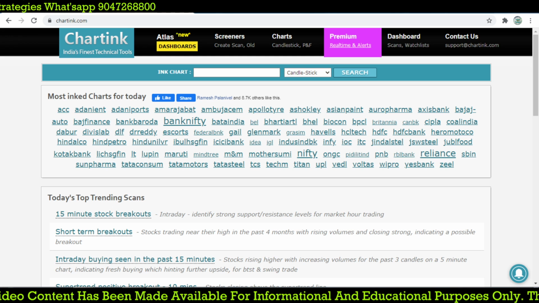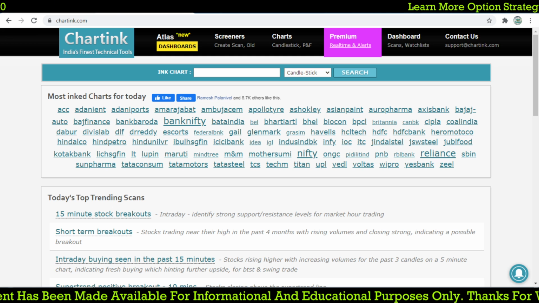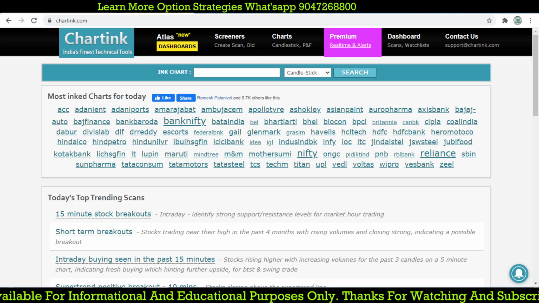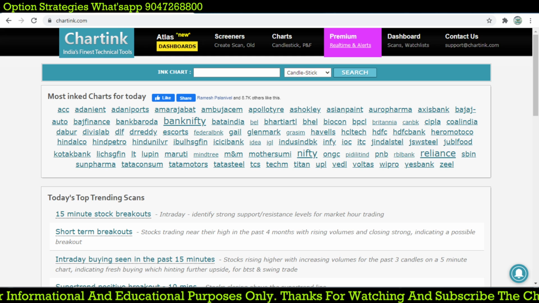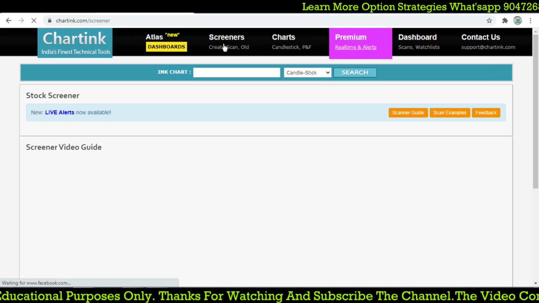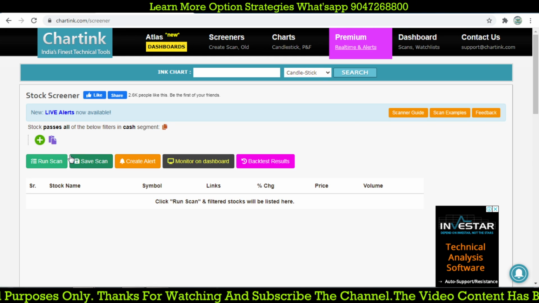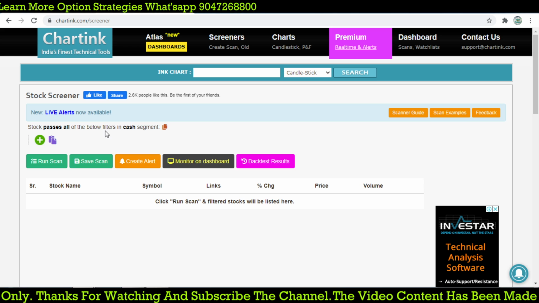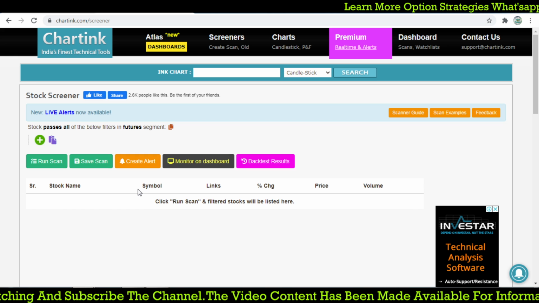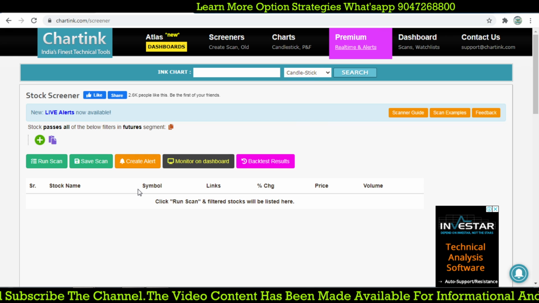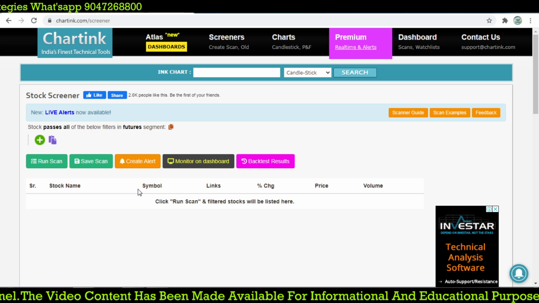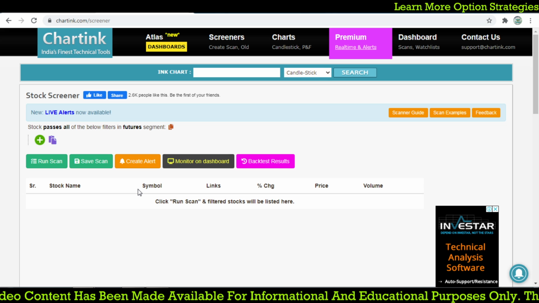Watch the video fully and you will learn how to create the scan. I'm going to discuss it here right now, and then I will show you the back-tested report, and how we can add it to our scanner too. So now we are going to create a scan. First, we select stocks that pass in futures. I'm creating the code now, so watch carefully and you can create the same code. If you want the code, I can share it in the description of this video.